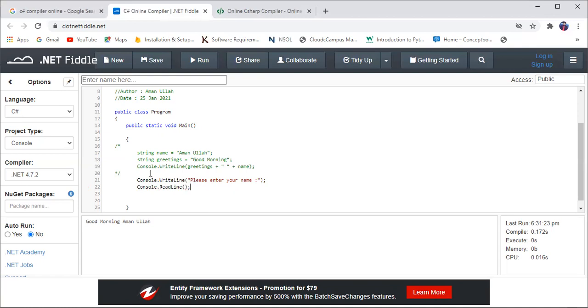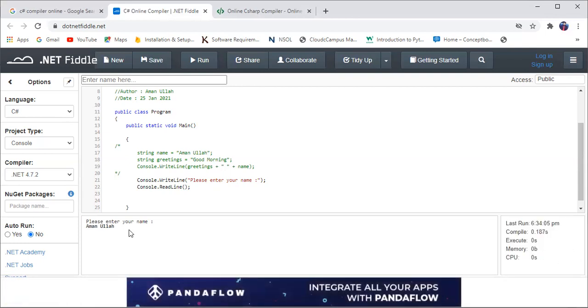Now if I run this program, it will ask the user to please enter your name. Then the user will input their name. Let's run it. You can see in the output the user will input their name. For example, my name is Amanullah, and now press enter.